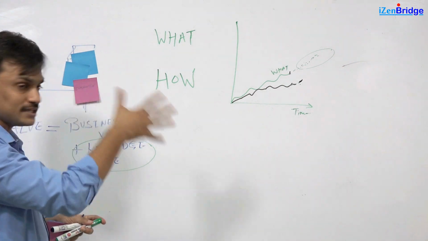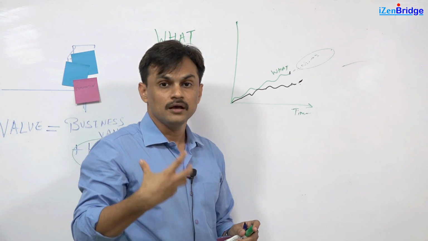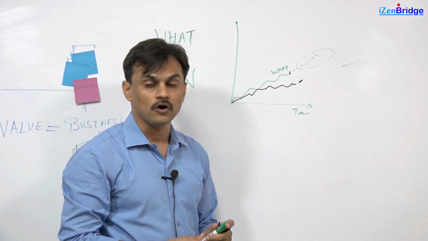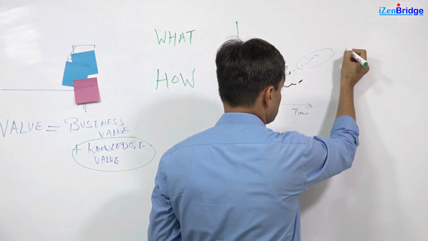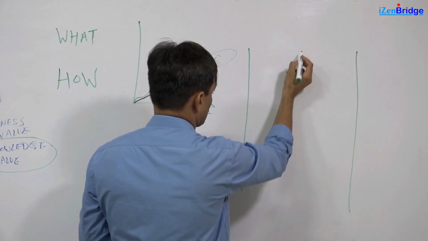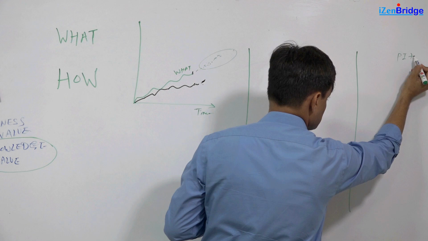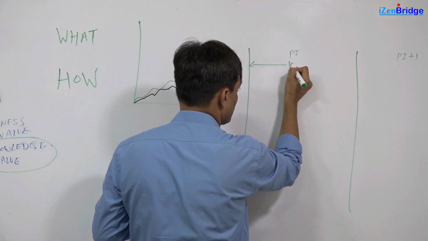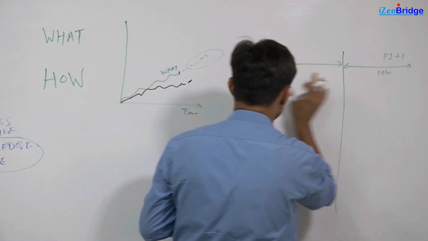Now, in order to bridge this gap of what and how and get ready for upcoming requirements from a technology point of view, the Scaled Agile framework gives us a concept called architectural runway. The way SAFe presents it, it's like the PI boundaries. So we have, I'm saying this is one PI, and this is the other PI, PI plus 1. So program increment. In simple words, the PI is our 10-week program increment box. This is something present.